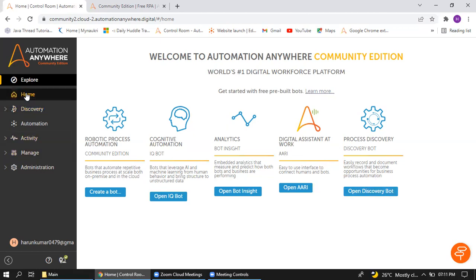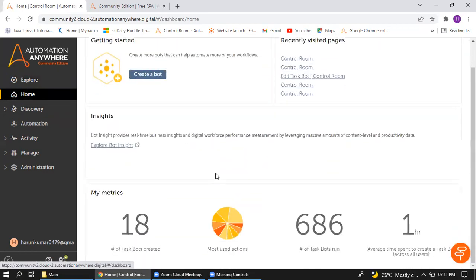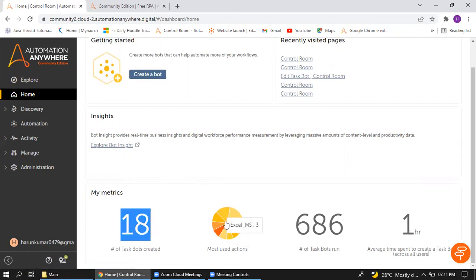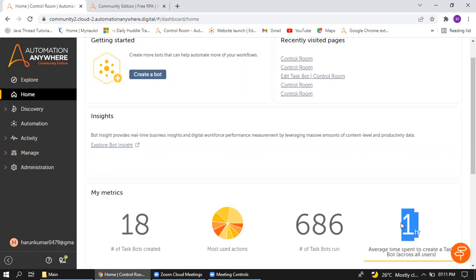Okay. Next, this will be the Home. There we can see the dashboards. Here we can see insights like productivity, like how much time we have saved. We can see the number of bots created till now and what packages we have used. Currently I have used the Loop package 9 times and Message Box 13 times. It is the number of times that we have run the bot. So this is the bot we ran the most.